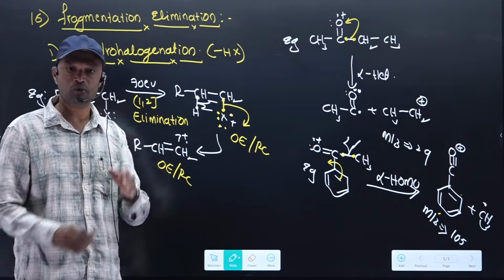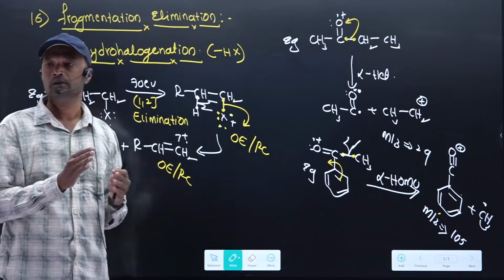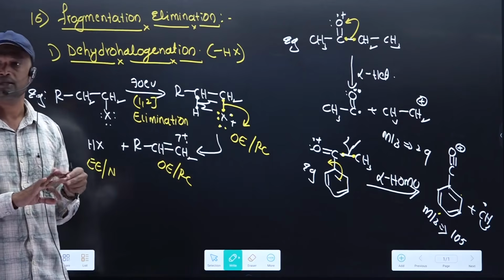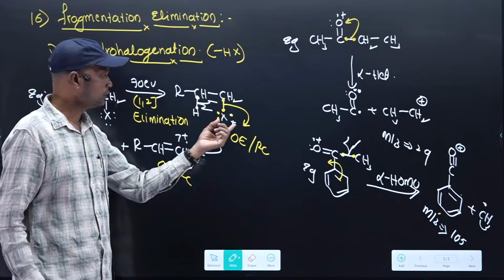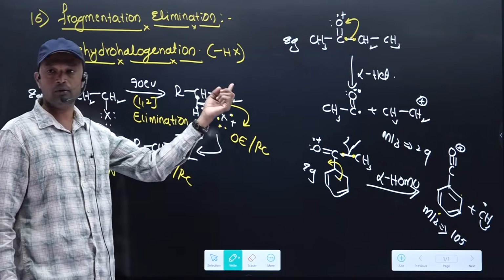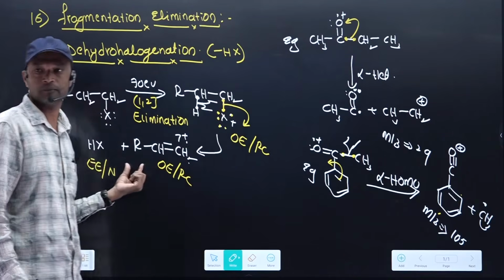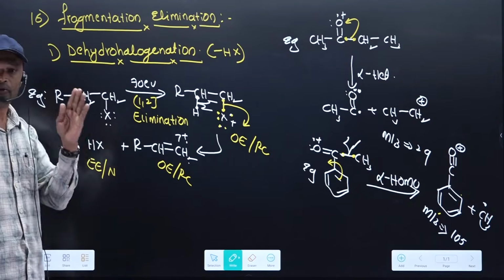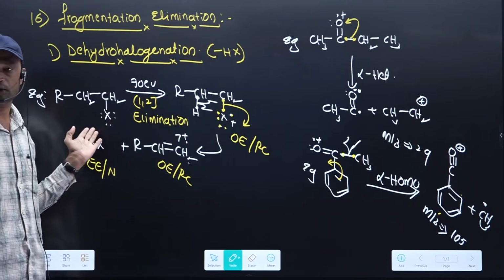Fragmentation always follows one particular order. That order is mass spectral order. We follow the odd electron rule, and one more is the even electron rule. According to the odd electron rule, if an odd electron species undergoes fragmentation, it gives odd and even. If it is an even electron species, fragmentation gives even and even. So don't think that odd will give odd and even will give even. That is wrong. So this is called